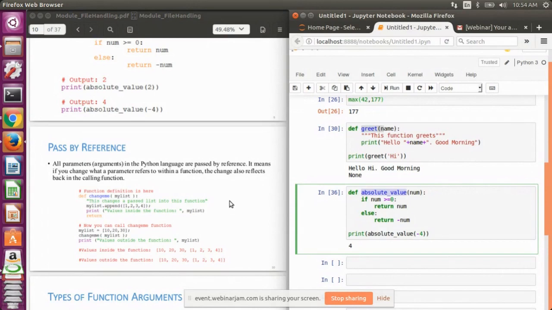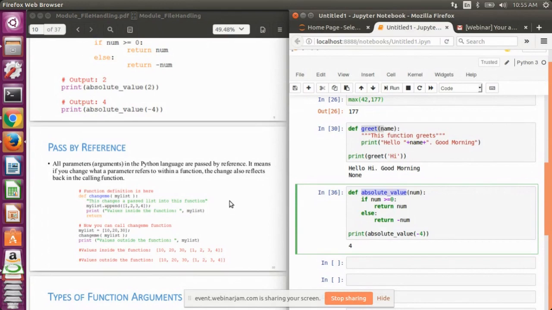As per the actual definition of call by reference, any change that we make inside a function to a variable will get reflected outside the function also. The same definition stands in Python.